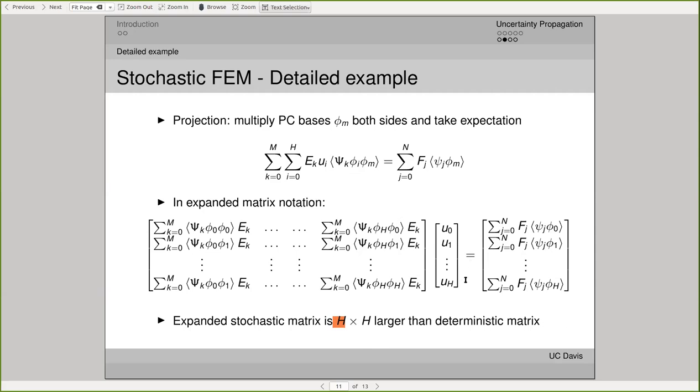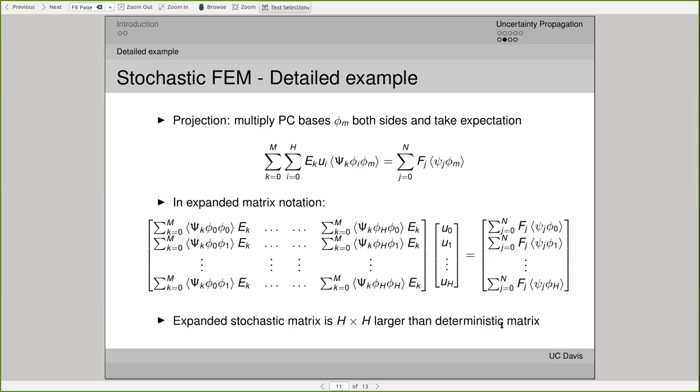And once you get those, you can recombine them and get back the actual probability density function of the single degree of freedom for the full PDF of that. And that's why the system grows to h times h. So it can grow quite a bit. But again, you solve this in one shot. There's no need to repeat and so on, and it can be solved very efficiently, and it's very accurate.